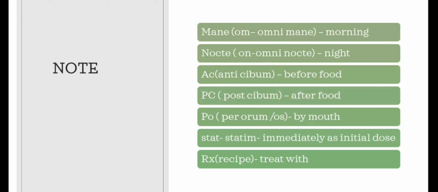PO means per os, which is that the medicine is taken by mouth. Okay. Stat means statim, which is immediately as an initial dose. If a patient comes to you with poison, you can give an antidote. Now that is a start dose. Okay. Then one is Rx. Rx means recipe. That is by which you are treating the patient. That is treatment, how you treated with. Okay,